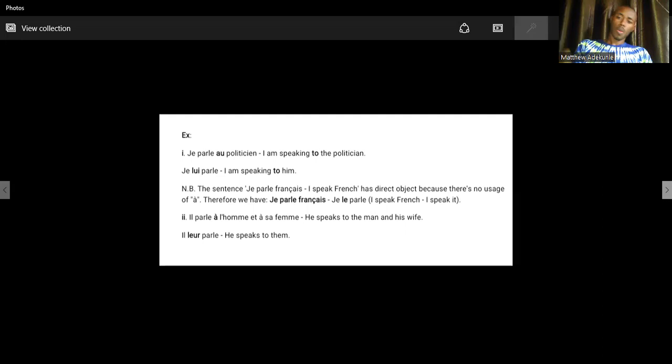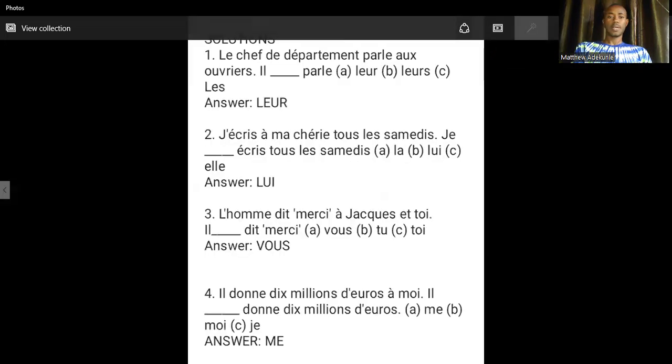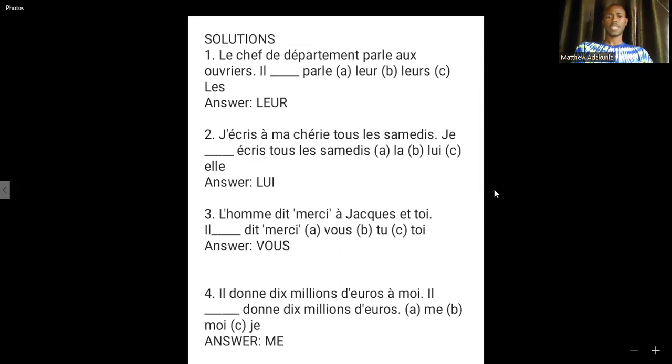Okay, and in other words, if we want to change it now, it becomes il leur parle. He speaks to them. Il leur parle. He speaks to them. Okay, and if we go back to the question that was projected now, we have